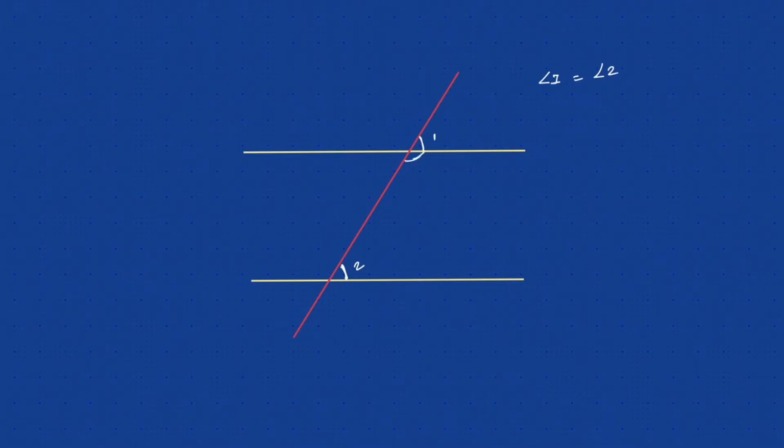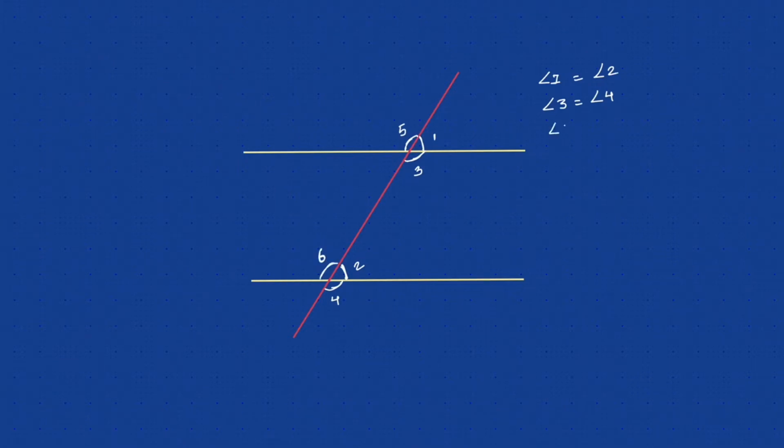So I draw first, starting with two parallel lines. I draw two parallel lines, and I draw a transversal line which is cutting these two parallel lines. Now I'm drawing certain angles. So I draw angle 1 and angle 2. Angle 1 will always be equal to angle 2 if I draw a transversal line between the two parallel lines. Also angle 3 will always be equal to angle 4. So 1 will be equal to 2, 3 will be equal to 4.